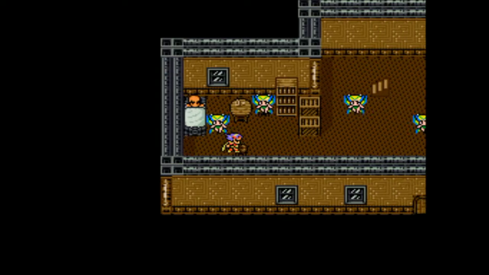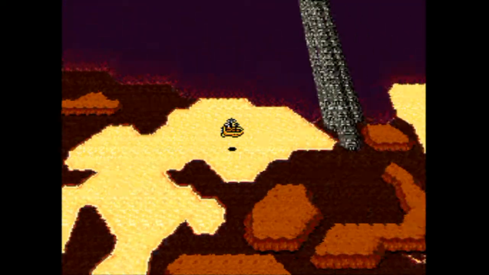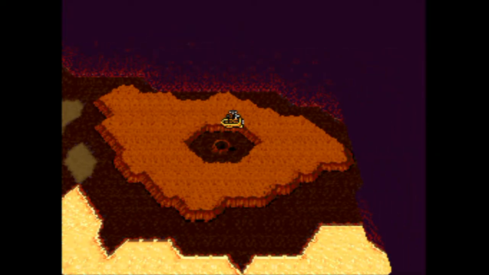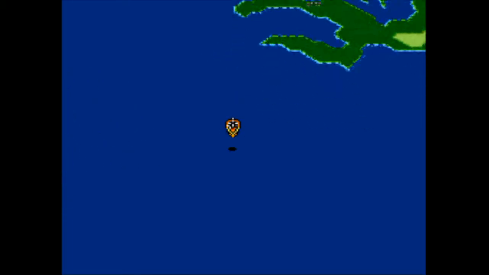Excalibur. That was probably worth it. So we've got an Excalibur for Cecil, white and Dragoon Spears for Kane, one of Edge's swords,